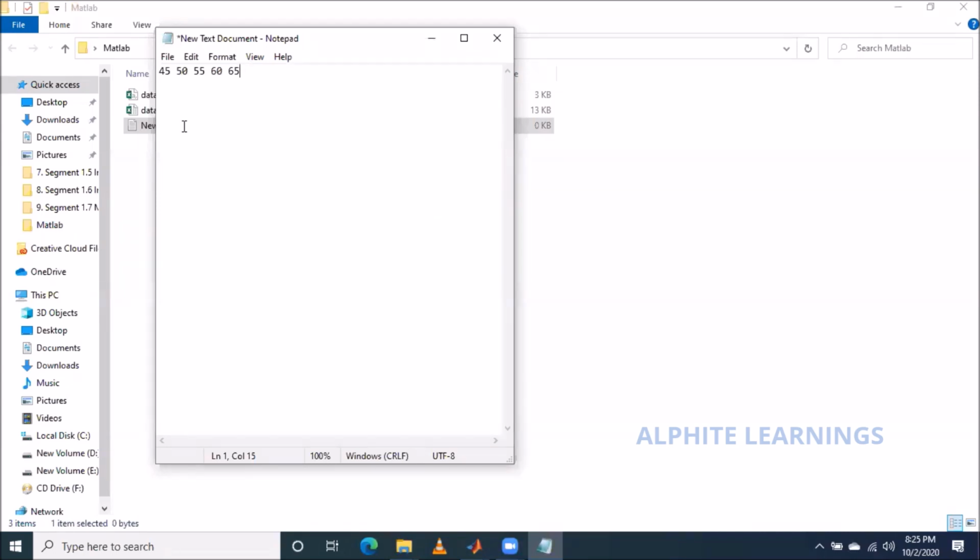In the next line, 90, 95, 100, 105, and then 110.